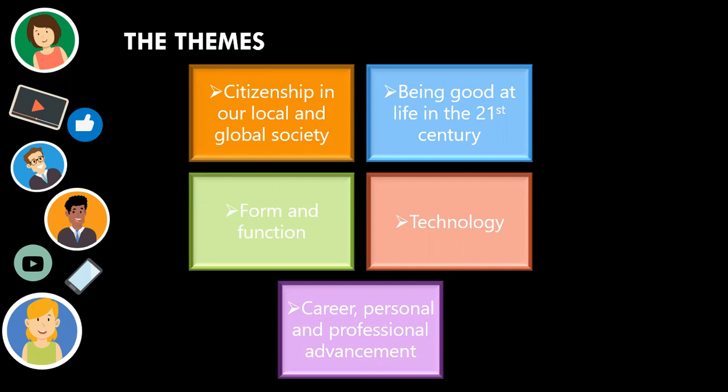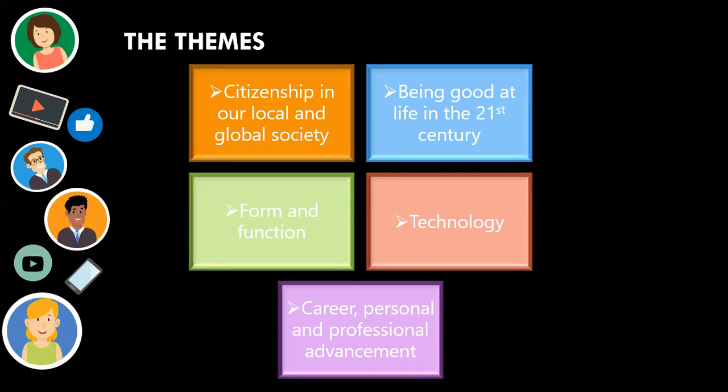The Citizenship in Our Global Society theme aims at helping the learners participate in the world around us, challenging the norms, bringing people together with ideas. This theme includes social justice, politics, history, urban planning. The second theme, Being Good at Life in the 21st Century, will tackle questions relating to the day-to-day life in the 21st century. For example, you can find topics like cooking routines and menus, schedules, financial management, time management, nutrition,